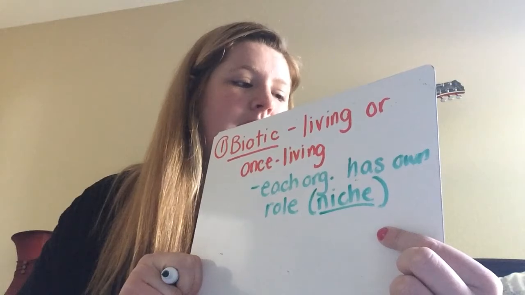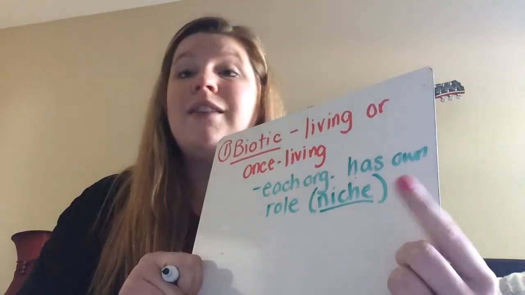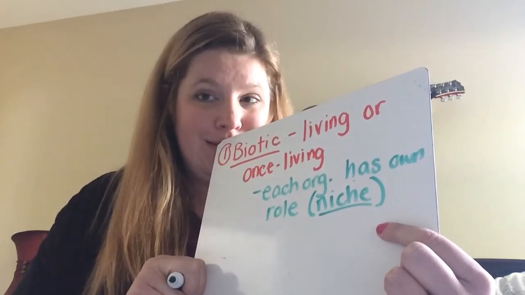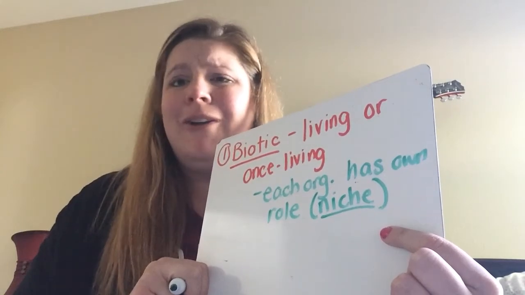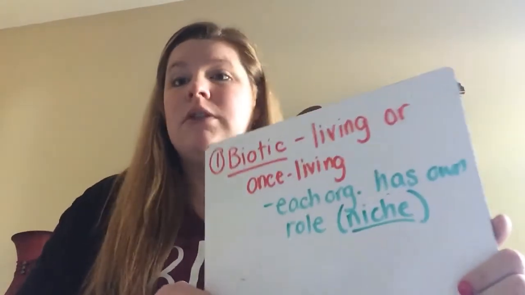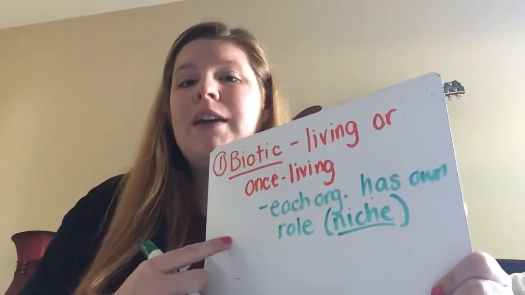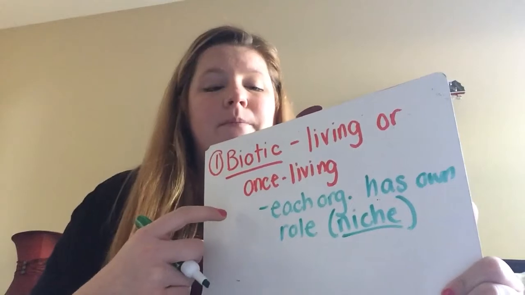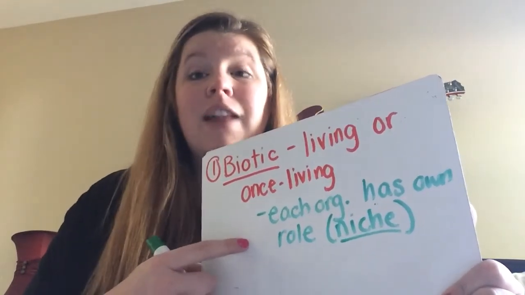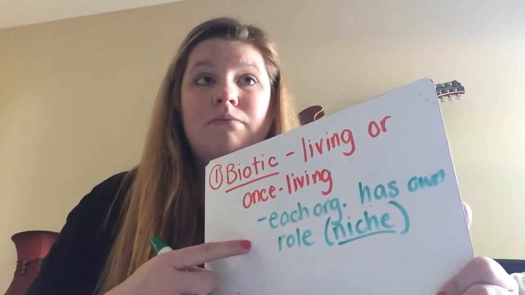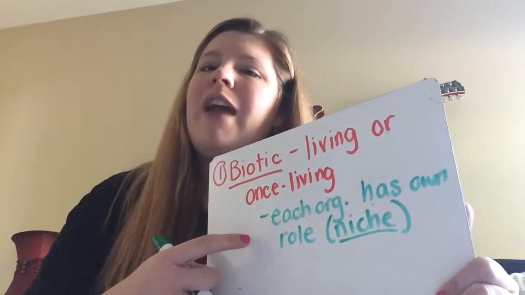Niche just literally means what that organism does. So if you think about it, possums, we had just a couple in our backyard. They're not really friendly animals by any means. If you come up close to one, they're just mean. But they're so important because they eat away at the bugs, like the ticks and everything in our backyard, in our environment. That's their role. Without those possums, we would probably be overrun by different kinds of insects and everything around here. So it provides a really good balance to the environment in which they live.